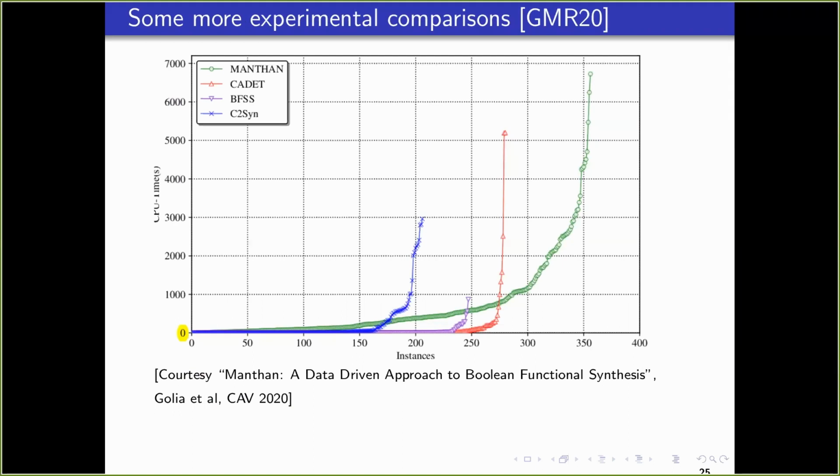And in their paper, they actually provide this very nice cactus plot. And this is BFSS, which is what I showed earlier. That is this purple thing over here. Caret is the red thing, so caret trails behind. Caret goes ahead in some of the things. And Manthan, which is their tool, as you can see, really is quite effective. So it beats even BFSS.